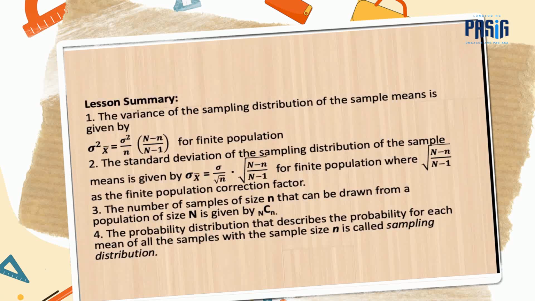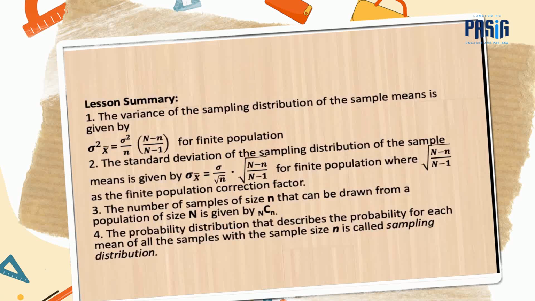The standard deviation of the sampling distribution of the sample means is given by the formula sigma over square root of n times the square root of big N minus small n all over big N minus 1 for a finite population, where the square root of big N minus small n all over big N minus 1 is the